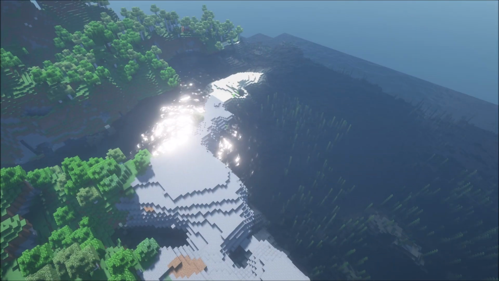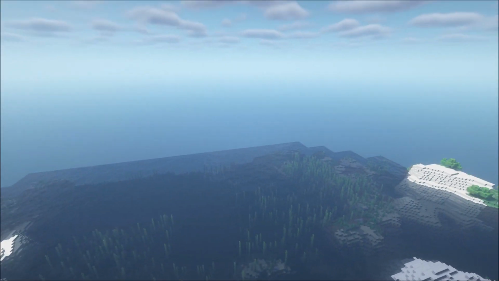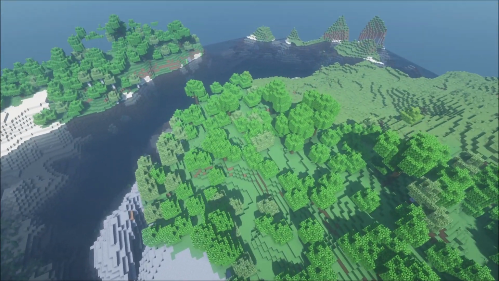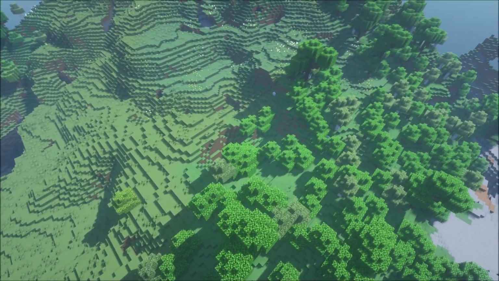We gotta have the docks maybe again, or something to do with this. Maybe a ship out there. Something's gotta be incorporated here. And of course these trees will more than likely be taken down, and this little area is going to be the admin shop and the spawn